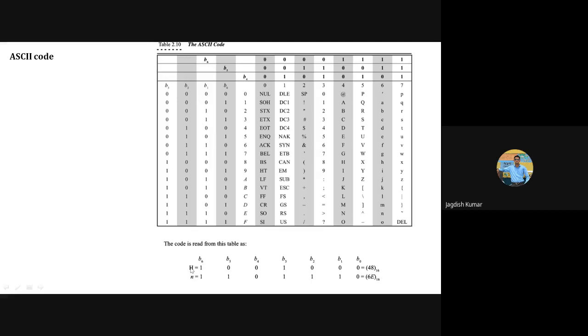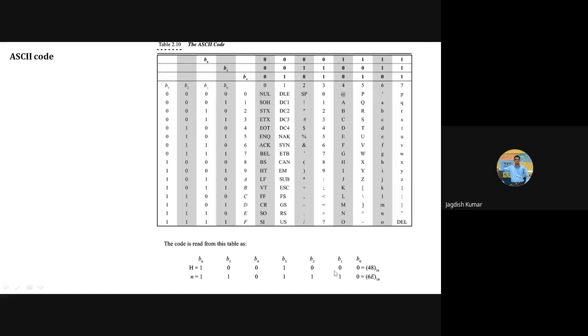Okay, this is capital H. Can you identify how we will write small h in ASCII format? Then also try to identify how we can write capital N in ASCII format. Here they have written the same thing in hexadecimal format, so I'm sure you can convert this to hexadecimal form. This number should come out to be equal to 48.